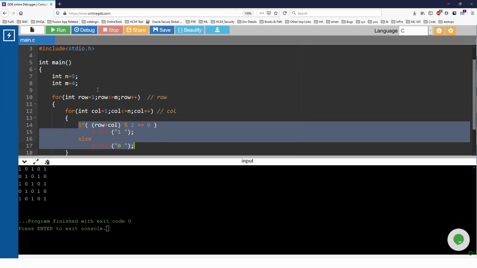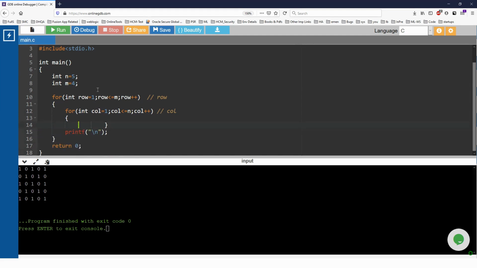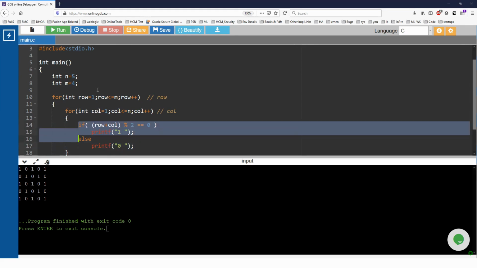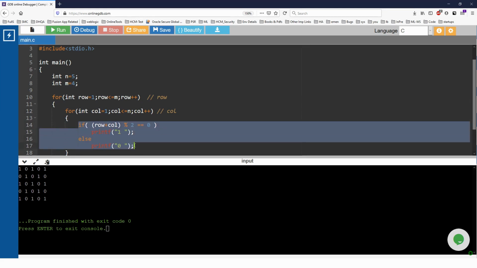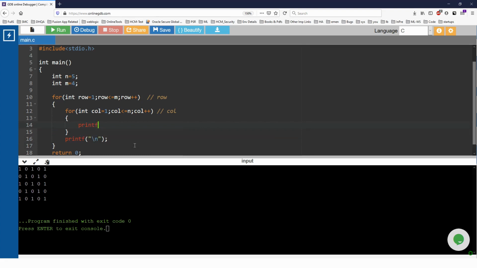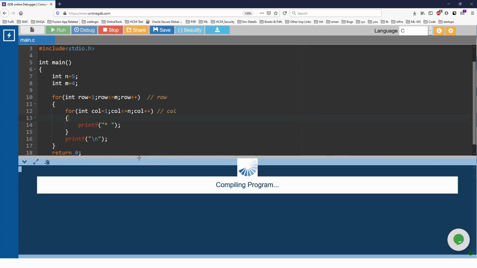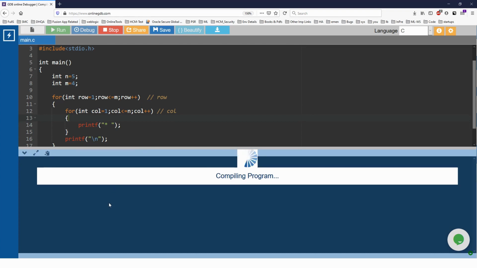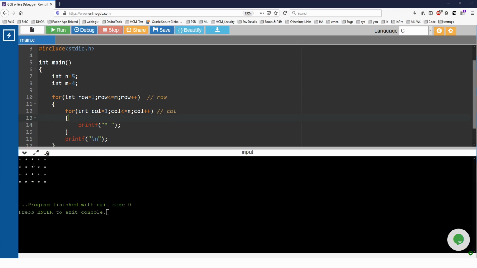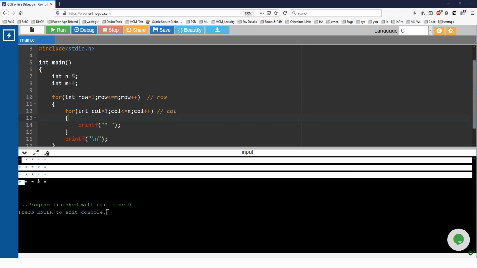Just delete this and printf star. That's all. So this is nothing but a rectangular pattern. See, 5 stars in each row, and there are a total of 4 rows.